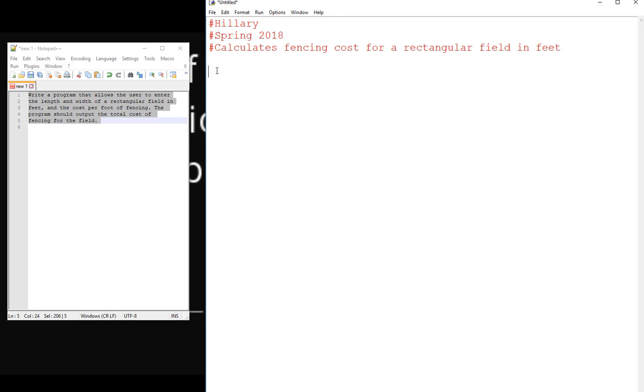And before I actually start programming, I'm going to think about what I need. And I can just make some notes down here. So the user is going to enter the length and width of a rectangular field in feet and the cost per foot of fencing. So the inputs I have are the length